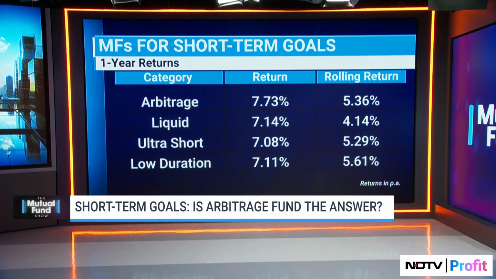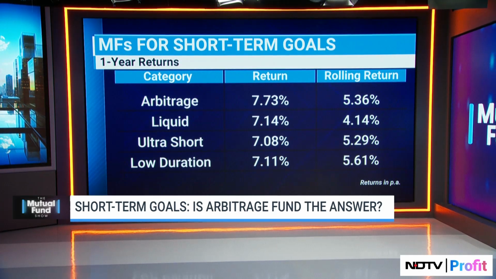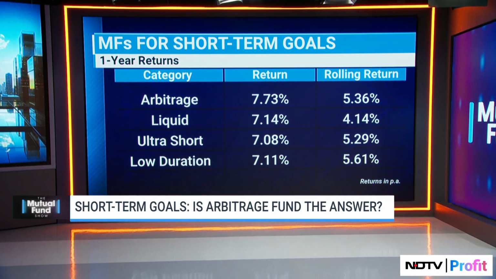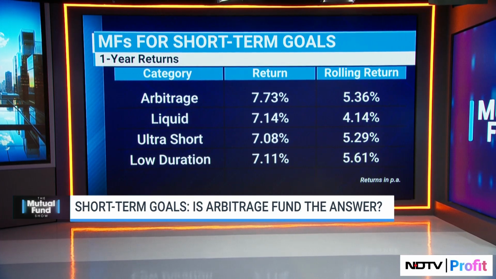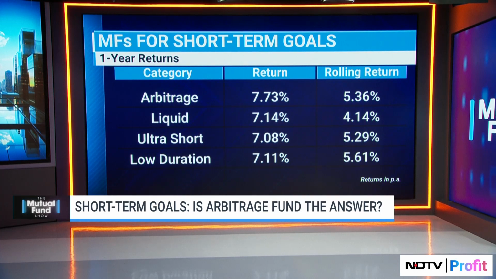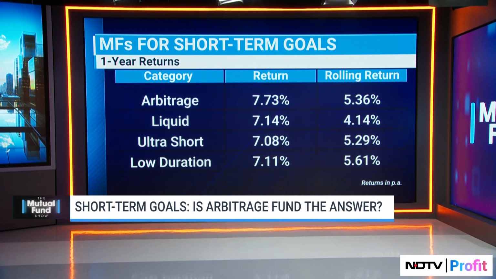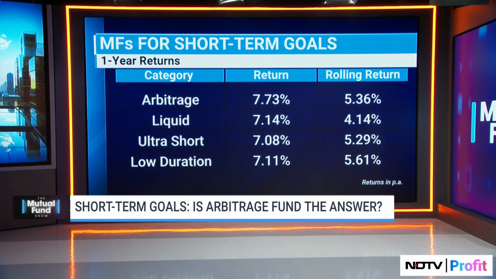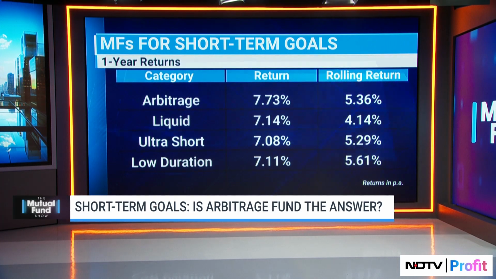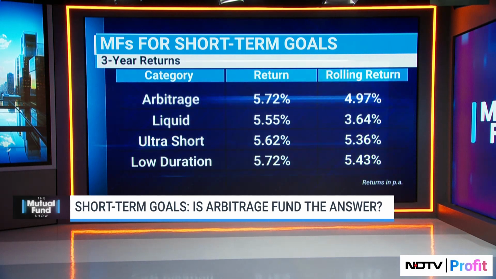So I think the important thing for investors to keep in mind when buying arbitrage funds is threefold. One, ensure that you're putting in money where you have at least a 3 to 6 month investment horizon. Don't substitute a liquid fund with an arbitrage fund, or an overnight fund with an arbitrage fund. You need to do that with at least a 3 to 6 month investment horizon to get through phases where you might see bear